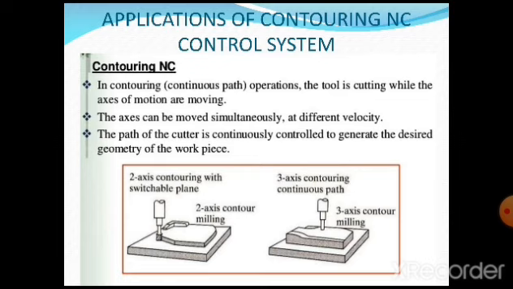We are required to control the cutter in 2 or 3 axes at a time. It may be X, Y and Z generally, which we are going to consider. All these 3 axes are controlled by the control unit or by the interpolator unit of an MCU to see that the desired geometry of the workpiece or a desired curve is generated on the surface of a workpiece. So you are going to see here on the left side 2 axis contour milling, and on the right side you are going to see the 3 axis contour milling.